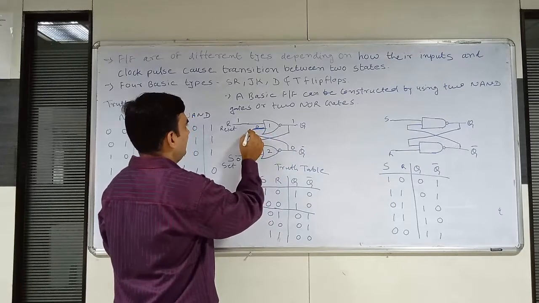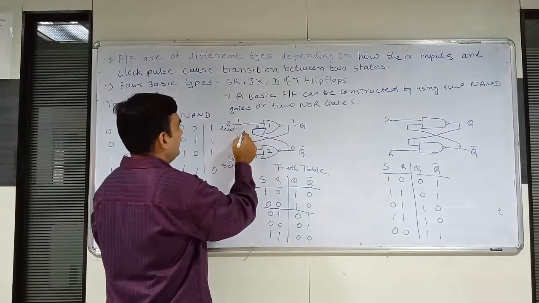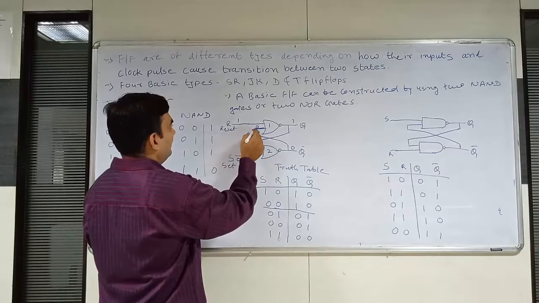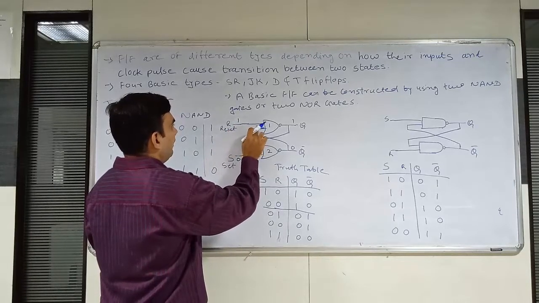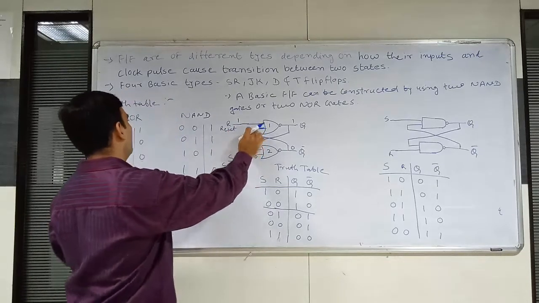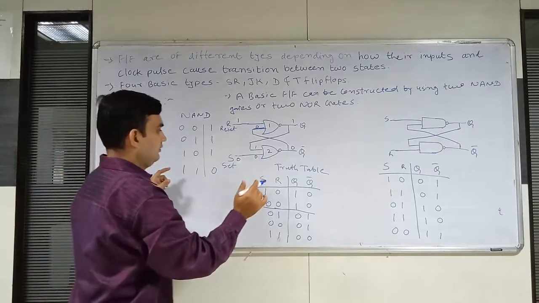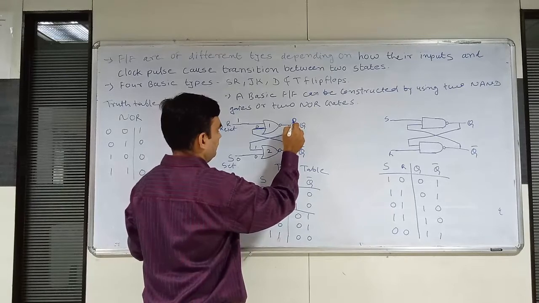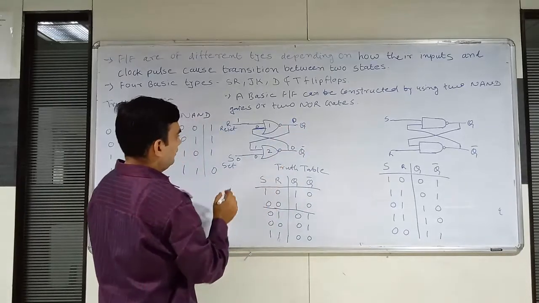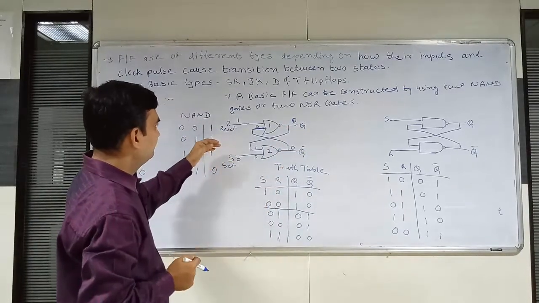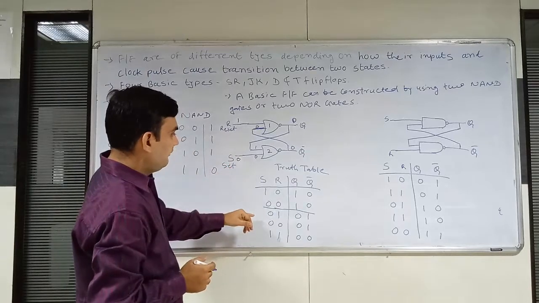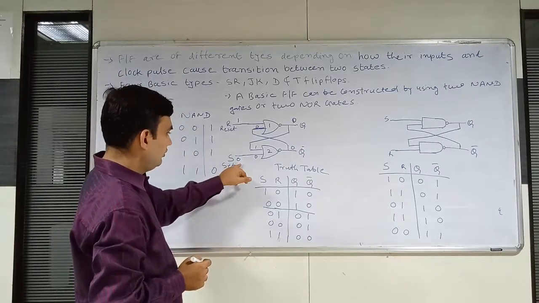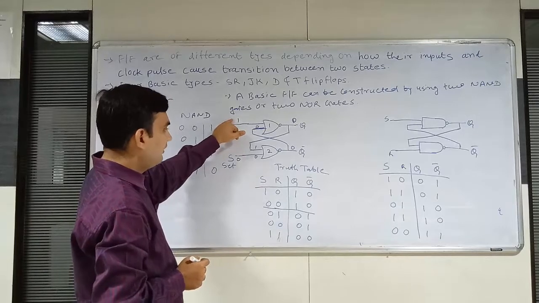This 0 will come here. So we will get here R reset 1 and the other input of NOT gate 1 0. So 1 and 0 will be 0. So we got, again I explained, when we give S is equal to 0 and R is equal to 1, what will happen?